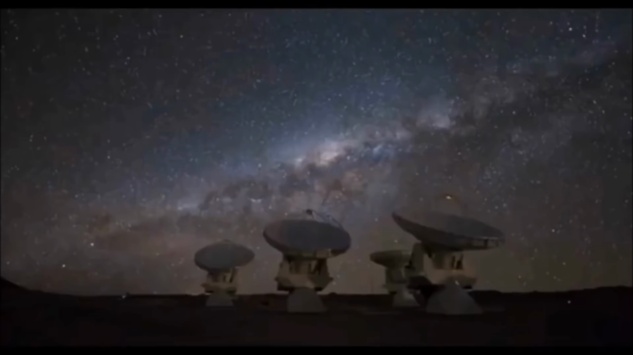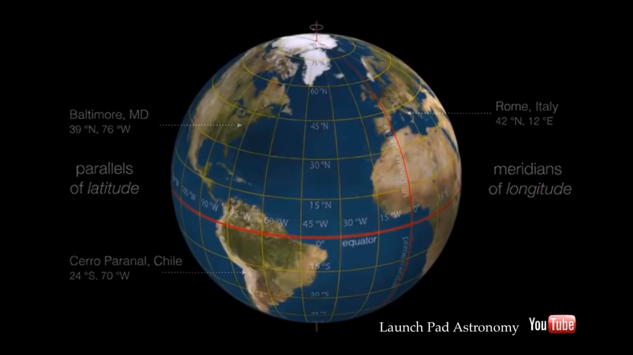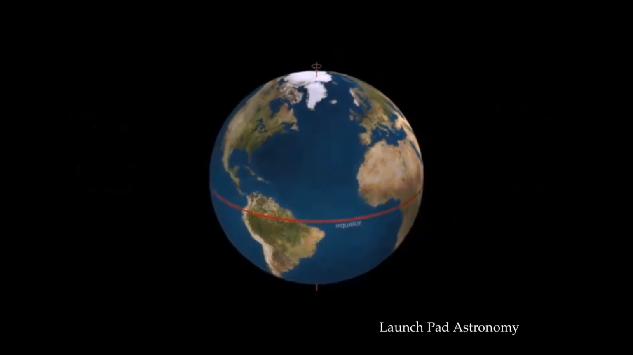We see the sun rising and setting, and stars moving across the sky. Because the Earth is a sphere, we represent the sky as a celestial sphere surrounding the Earth. Going back to this idea of the celestial sphere,